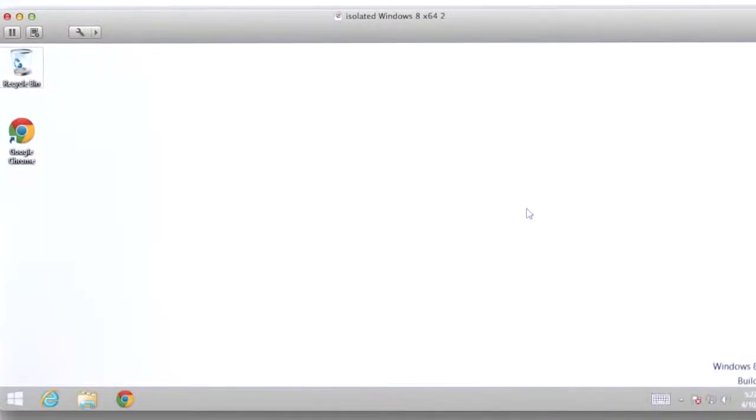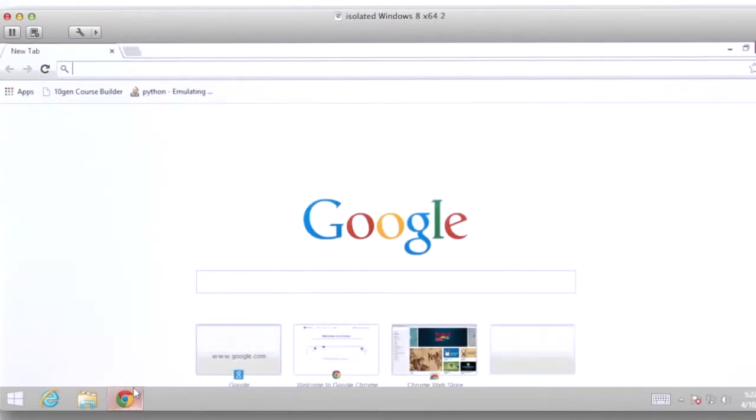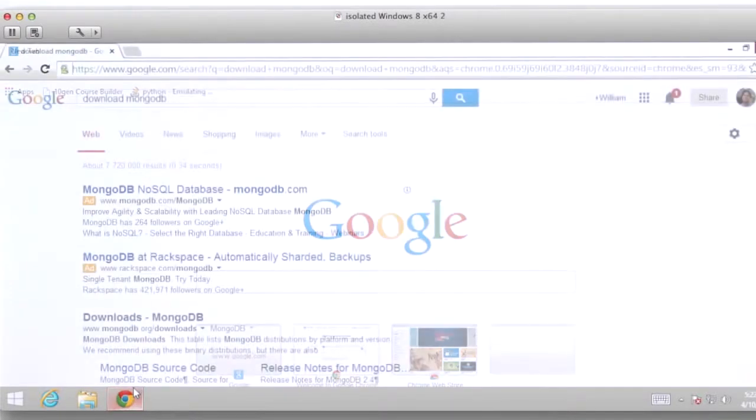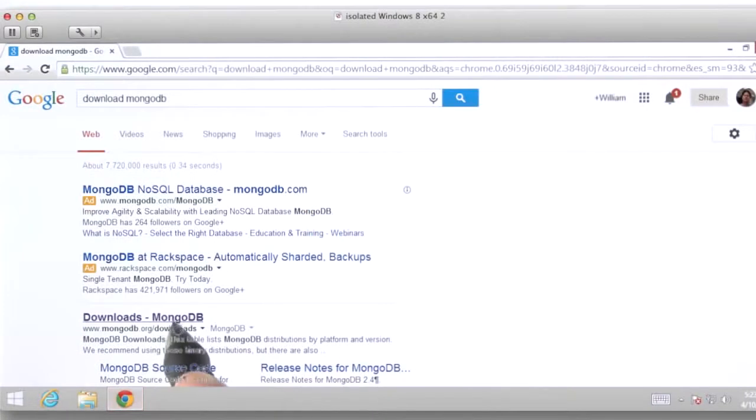I'm a curriculum developer here at MongoDB, and today I'm going to be showing you how to install MongoDB on Windows. I'm going to be working on Windows 8.1, but the process should be relatively similar on older versions of Windows. First thing we're going to want to do is start up a web browser. I want to download MongoDB, so let's search for that. Here's the link we want,